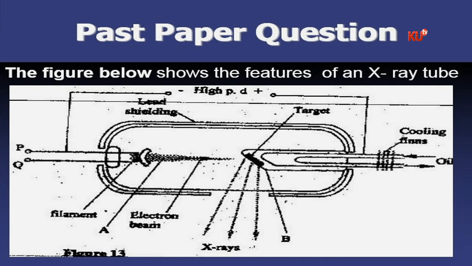Look at it. You have P and Q on the far left, then the filament, electron beam, some part labeled A, X-rays, and some part labeled B, then the cooling fins and oil. After looking at that figure now, the first question is,